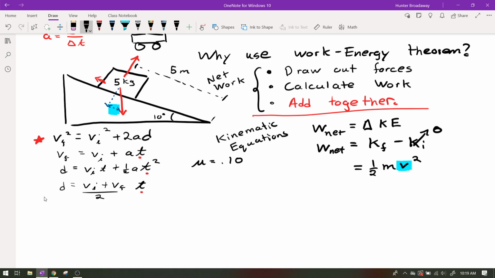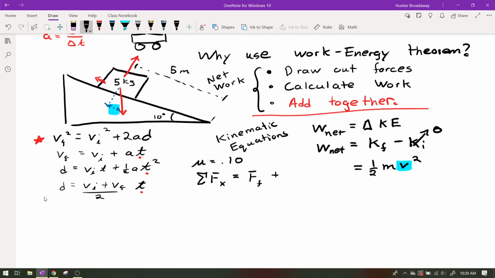We are going to need the sine of theta. So let's write out our forces in the direction of motion. The direction of motion is down the ramp. So what forces do we have down the ramp? The sum of the forces in the x direction, x being down the ramp. Okay, so force friction plus, well, not gravity, but